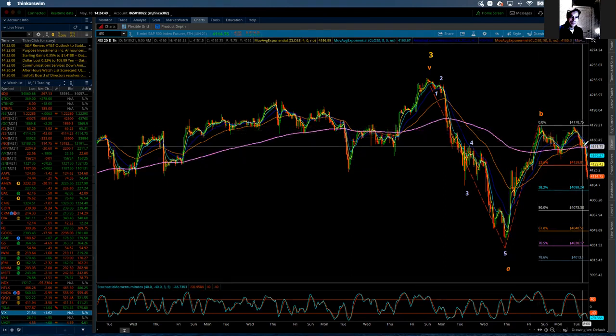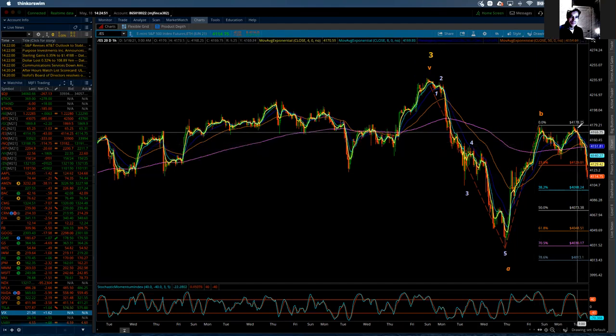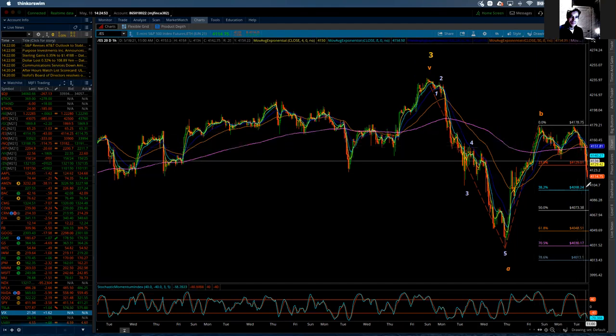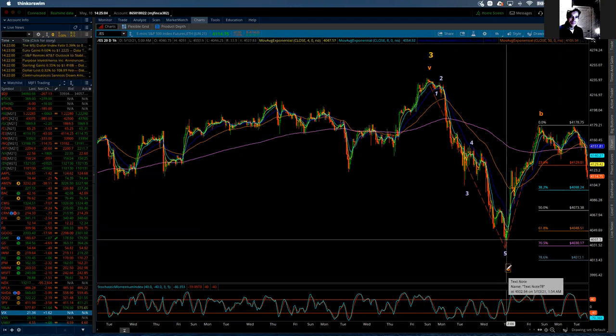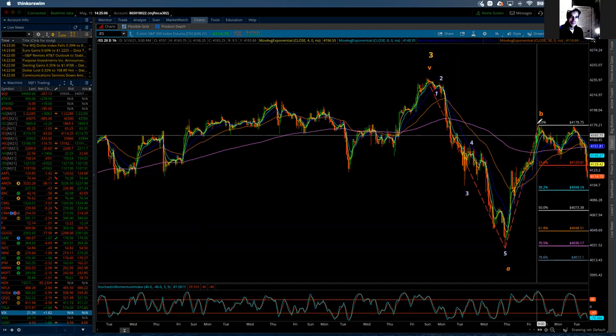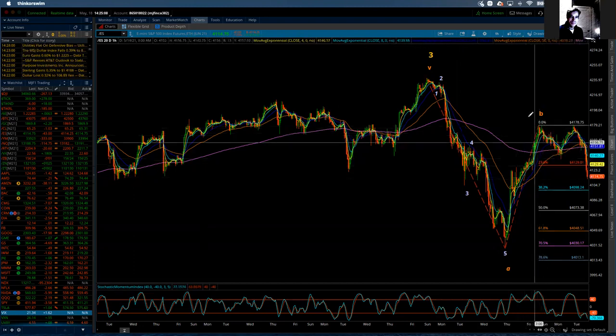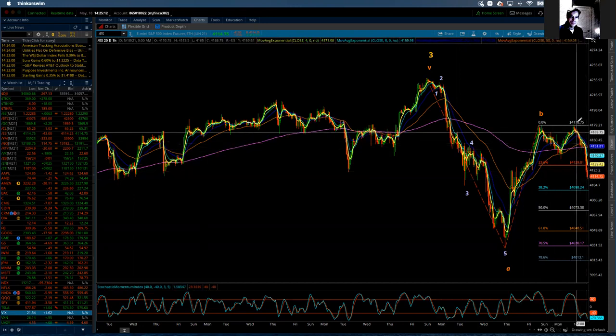This could be the start of the C wave, could be 1, 2, and then boom, we're off on the third. That all fits. Or if it stops here and starts to rally back, then it's a possibility that this is wave A of 4, but this is wave A of B, and this is wave B of B, and we still have a C wave up. Now, that may be the case.